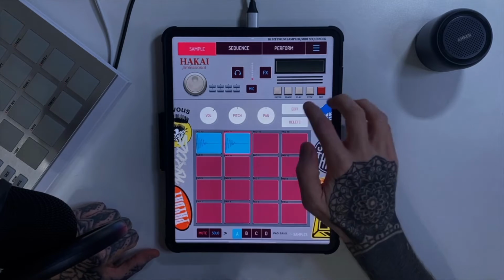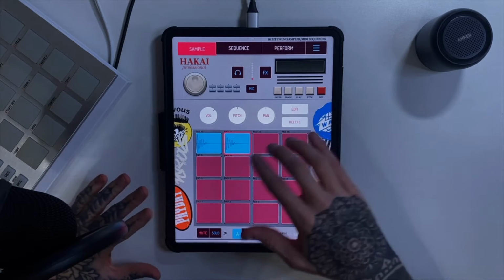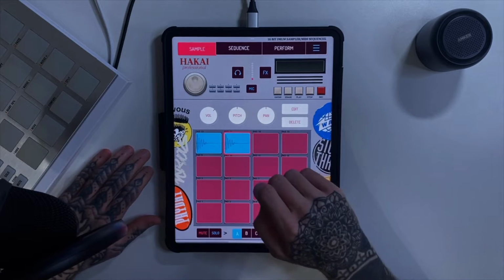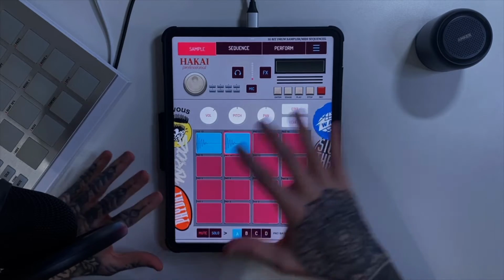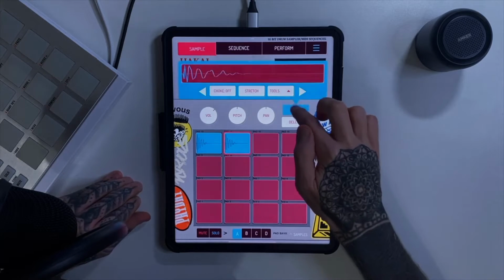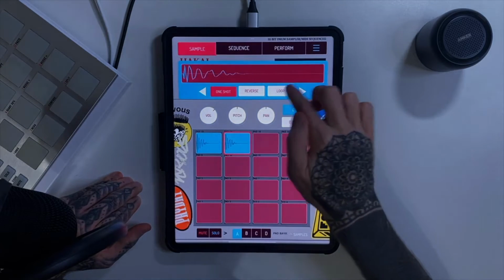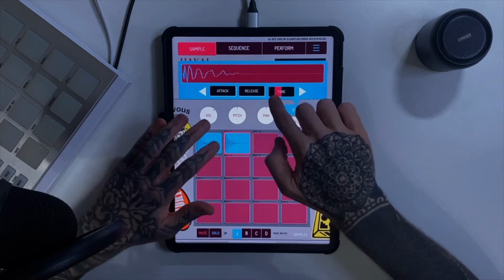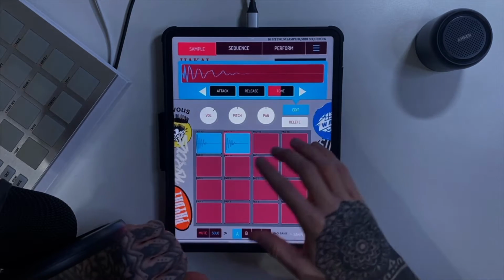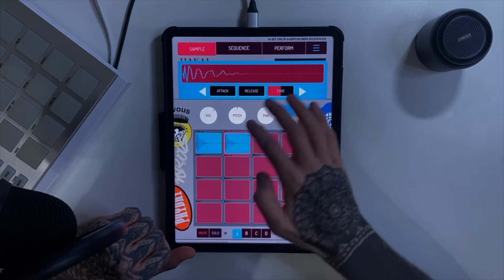Inside of Koala, you have to think a little bit differently, and it's the same with some of the older MPCs. This is how the guys starting out with the early MPCs would have had to do it. I know some of the newer ones now you can do EQ and all of that kind of thing, but this was how they got some of those sounds and how they worked with the limitations that they had. So if we click edit here and do similar to what we did before, I want to use the tone tool here, or the tone button if you like. And then if I filter it all the way down, so I'm literally only getting that thuddy low end of the kick drum here,